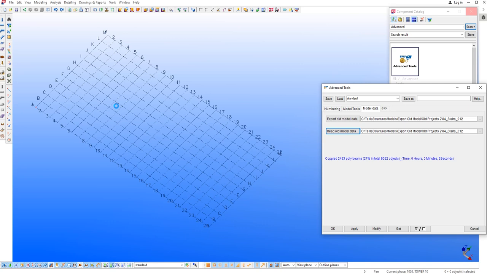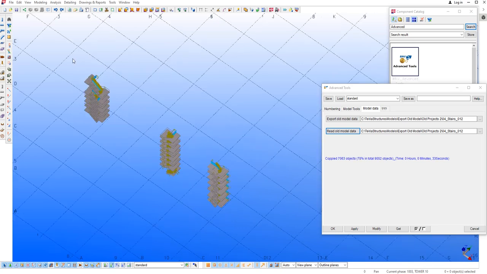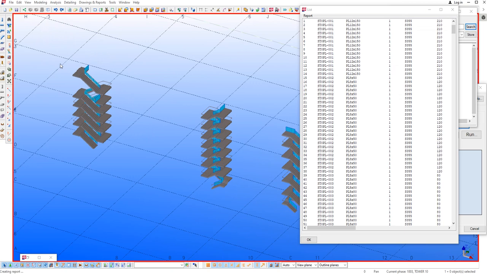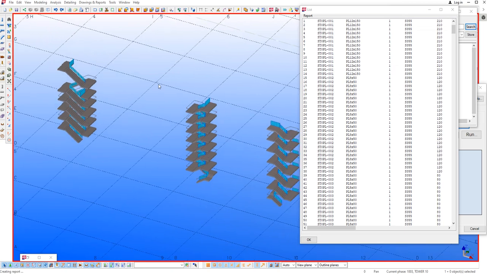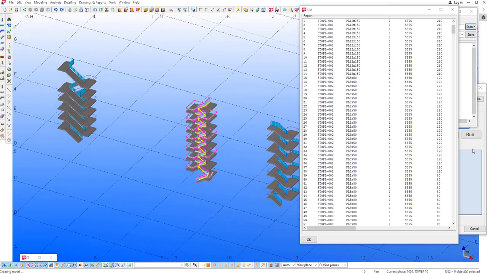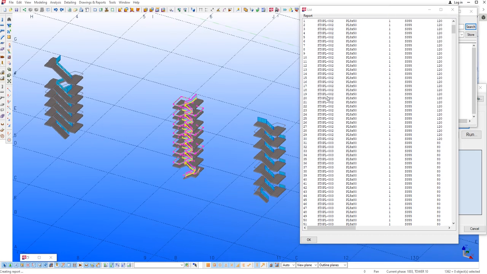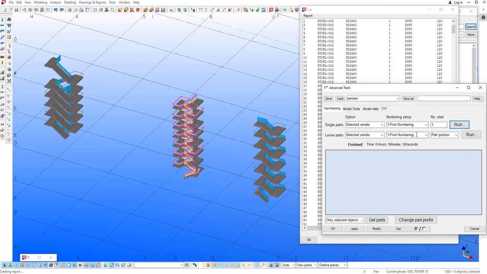For example, with stairs that have the same structure, you make one drawing for one stair, and the others you keep the same. Yes, you have stair 0 here, and all the others also have the same structure, and the other stairs also have the same prefix to have the same back position as this stair. And after that, you can use the tool to change the prefix for this stair, and the drawing automatically follows.